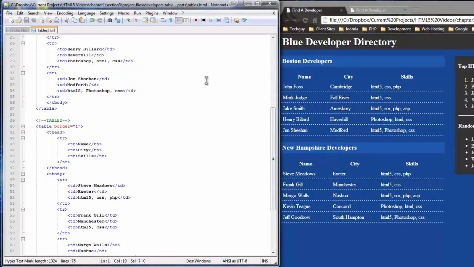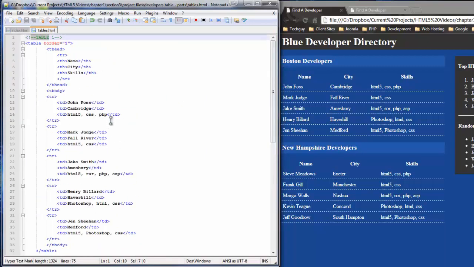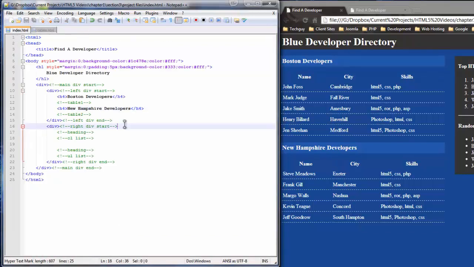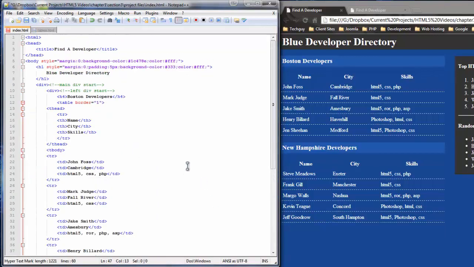Table 1 is Boston, table 2 is New Hampshire. So we're just going to grab the entire thing, copy it from the first table tag to the last one, and copy. And then we're going to paste that, replacing the comment that says table 1. And then we'll save,